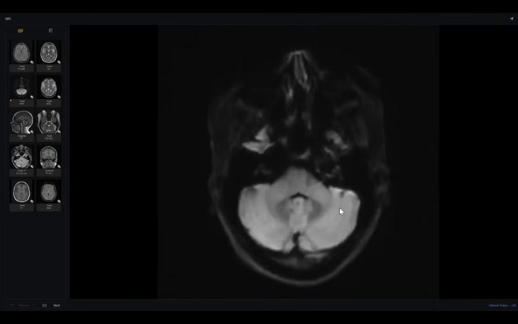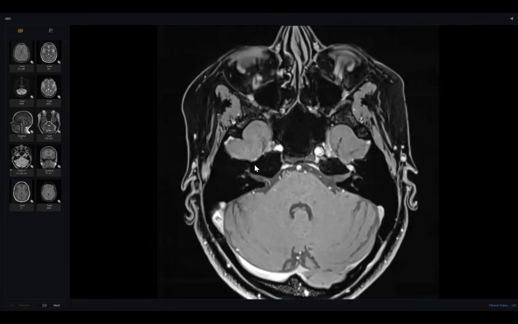What else? I will help you because you chose the wrong sequence. Why? Because until now you didn't define exactly where the abnormality or pathology is. Diffusion is used after knowing exactly where the pathology is, because diffusion is of low resolution. So it is a very, very poor sequence to define any anatomical details. But if you use this one,